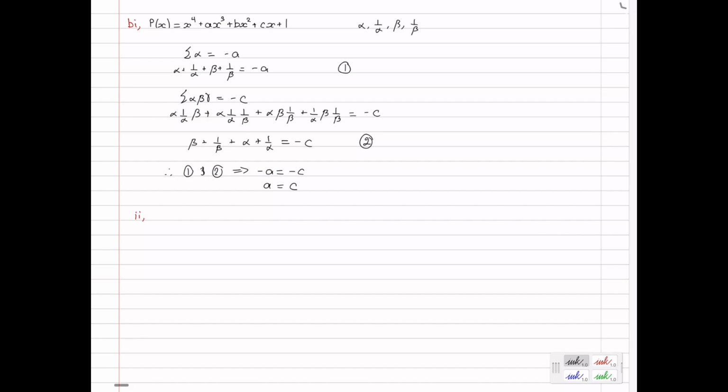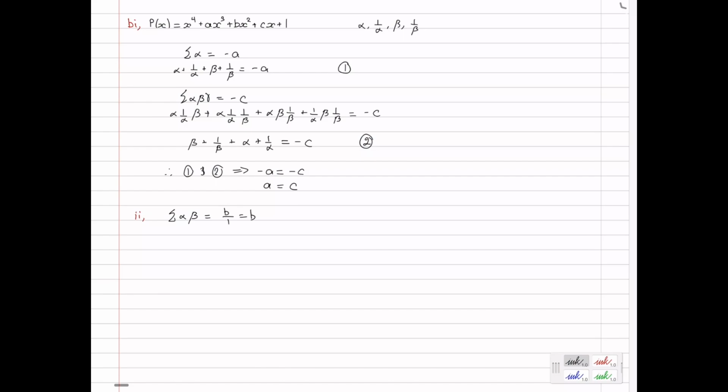So here we're going to actually be looking at the sum of roots taken 2 at a time, and that's going to be equal to positive b divided by 1. So I'll just write divided by 1, but that's equal to b. Okay, so what are the product of roots taken 2 at a time? So, like I said before, when we had 4 choose 3 possibilities, here we're going to have 4 choose 2 possibilities, which is 6. So that means that on my left-hand side, I should actually have 6 terms that I'm